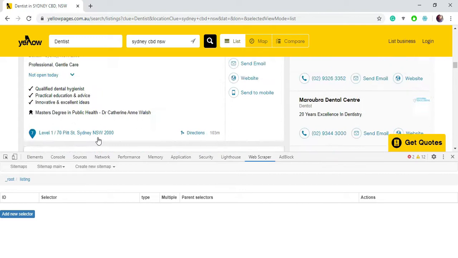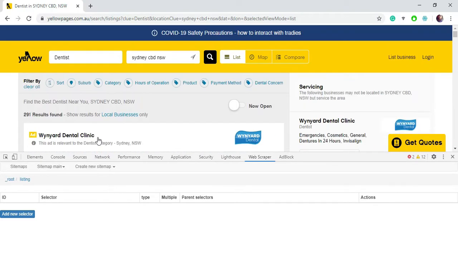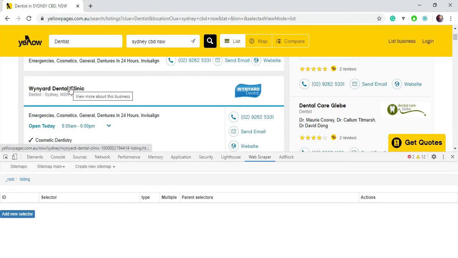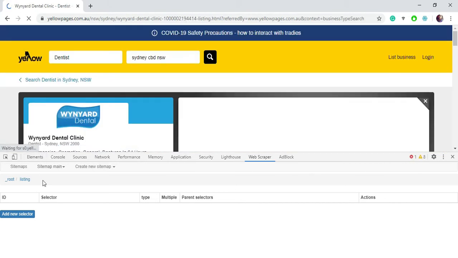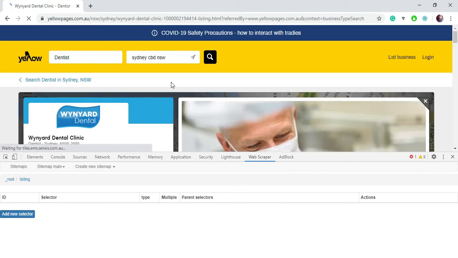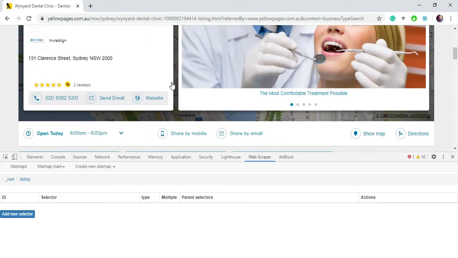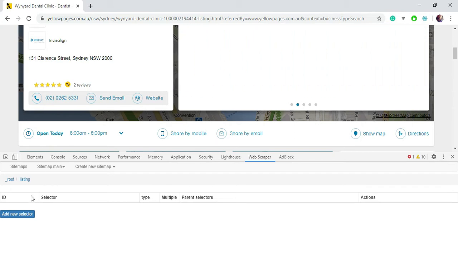Here you have to click on the first listing, select the first business name and go into that page. Here you select the details. Whatever details you want to collect, select those elements over here.